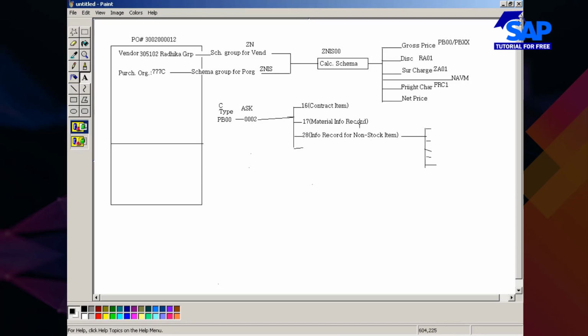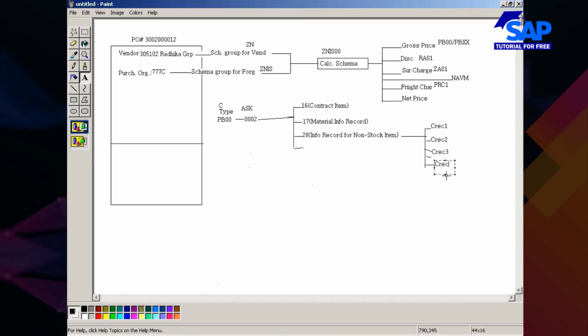I would simply say condition record 1. Okay, I would say condition record 2. Okay, so this is condition record 3. Like this, from each of the tables, you will have multiple condition records.